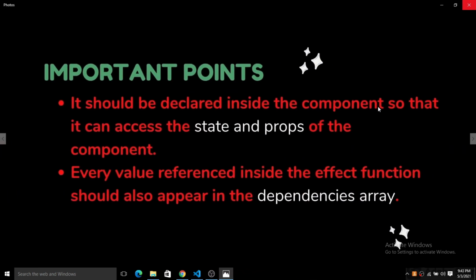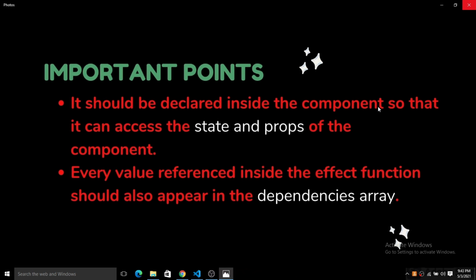Okay, so we have two more important points here. One, it should be declared inside the component so that it can access the state and the properties of the component. It is a rule to declare a useState hook or the useEffect hook inside the component.